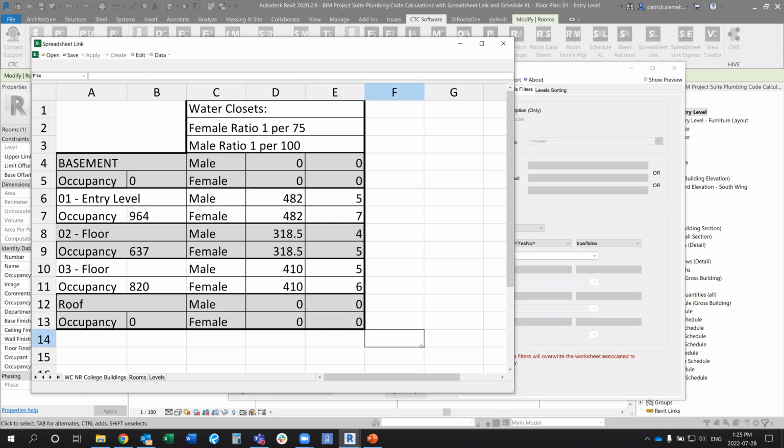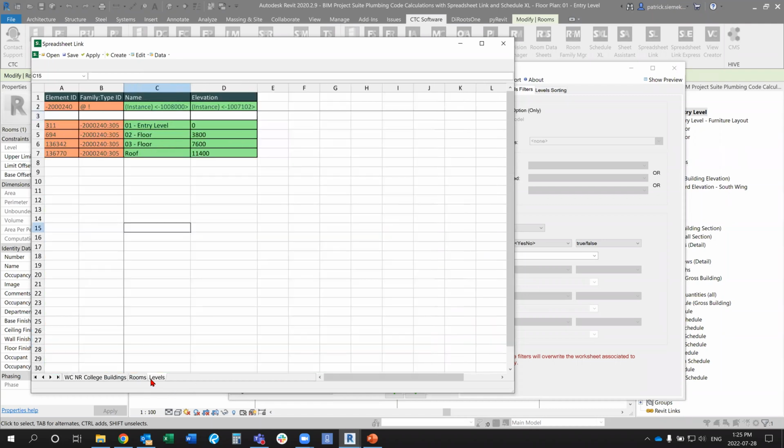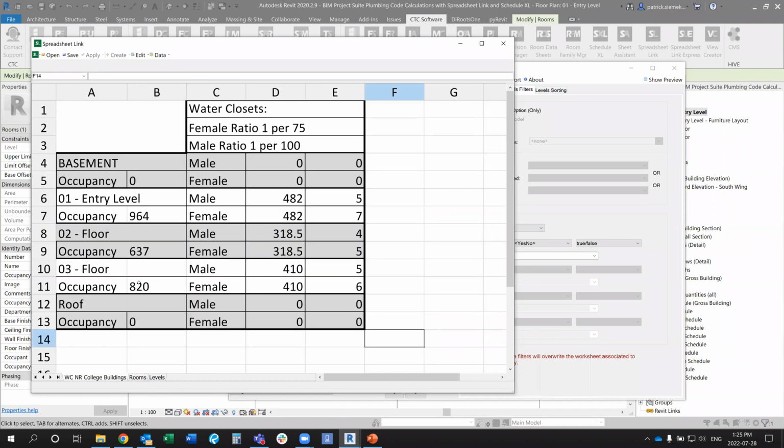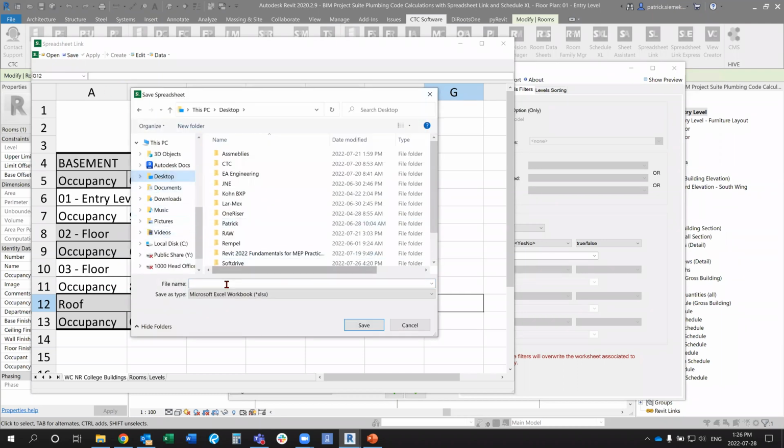So this is going to be my starting point as a template, because I want this to be a repeatable workflow. With our Excel file that we started off with, we had our categories from Spreadsheet Link that we leveraged to push information back to this location. I'm going to save this Excel file as my template file, which I could then use further on a new project. So I'm going to save this, let it be to my desktop,